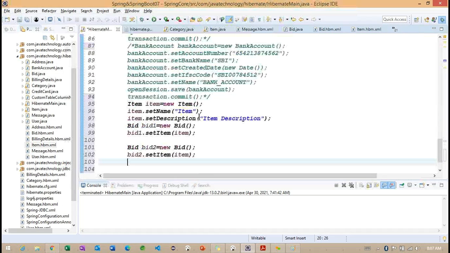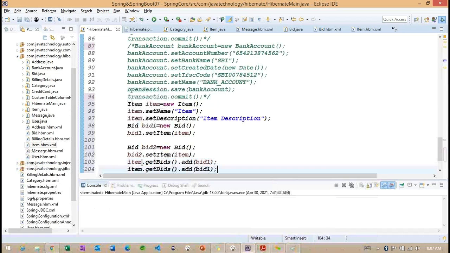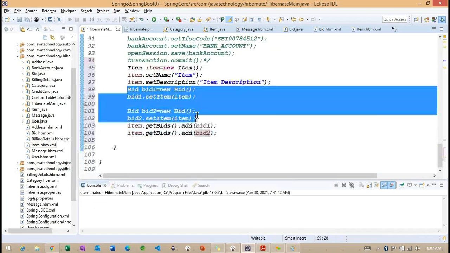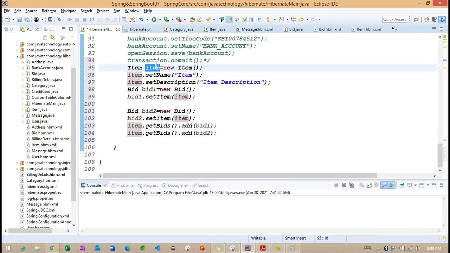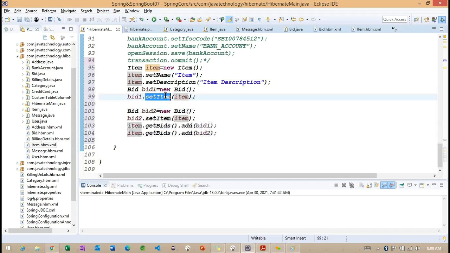We create bit records, two bits, and we make the relation to this particular item. And in the same way we created one item here. So this particular item we created, and we are making the bit records to this particular item. So see that get bit.